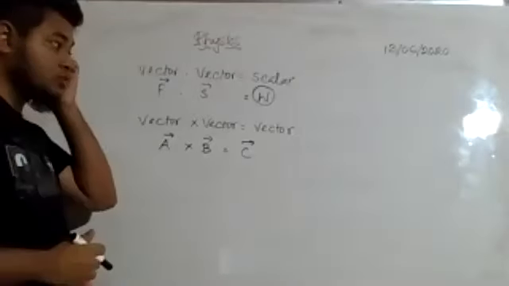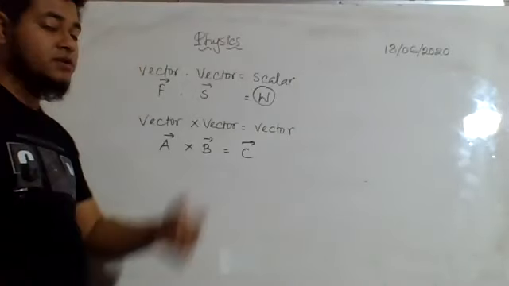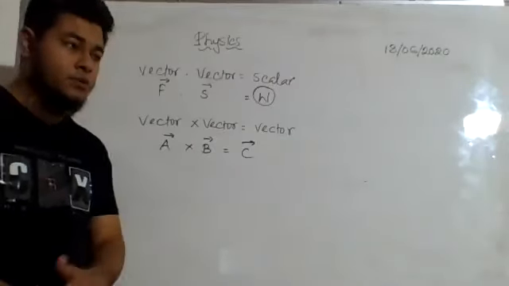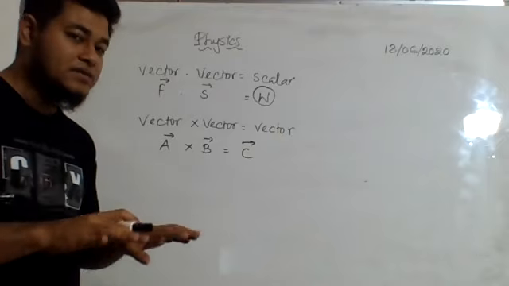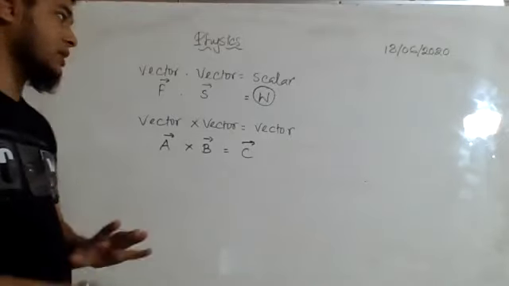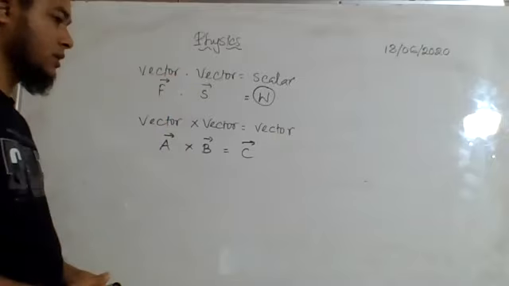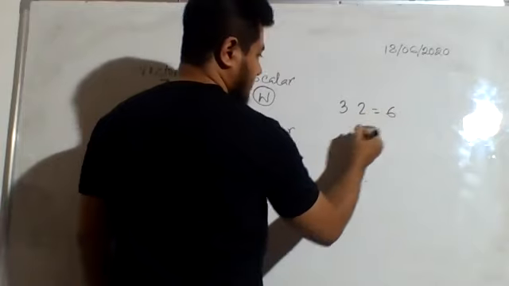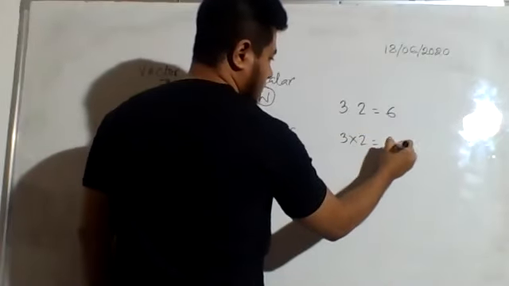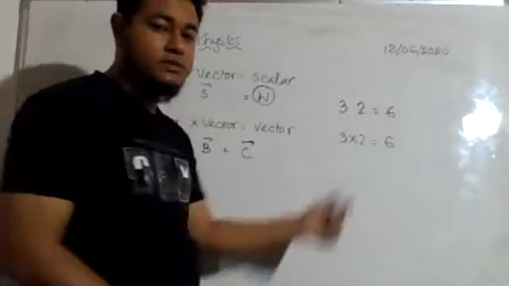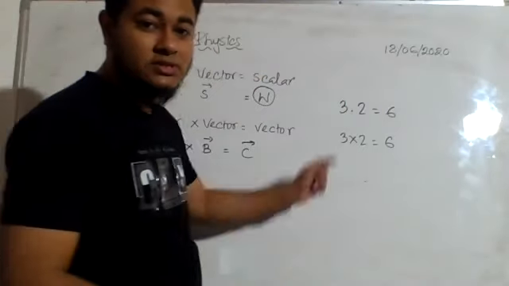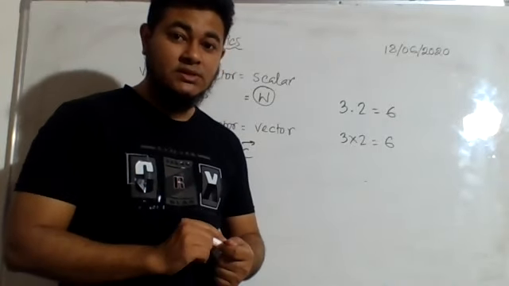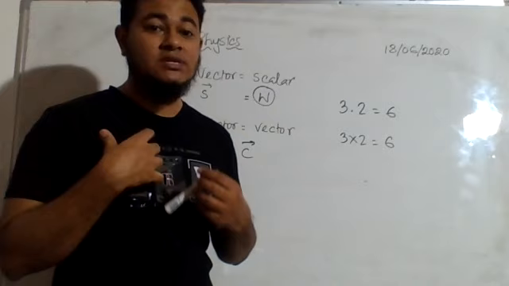So we got to know that whenever we are multiplying a vector with a vector, the output can either be a scalar or it can be a vector. So we have classified this into two categories. This one we call the dot product. See, whenever we say 3 dot 6 or 3 cross 6, in both cases the dot represents the multiplication between them, and the cross also represents the multiplication between them. But in physics, in the case of vectors, these two represent different things.